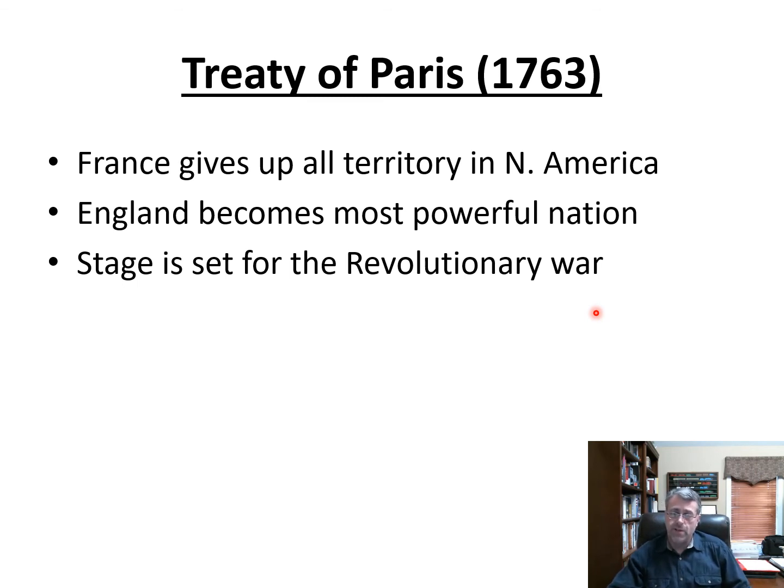And we know that'll eventually lead to the revolution, and of course, these issues and this tension is going to be the subject of our discussion next week. We'll talk about how England starts to get involved with the colonies and how the colonies start to push back against British involvement. And that's where our story will begin next week.